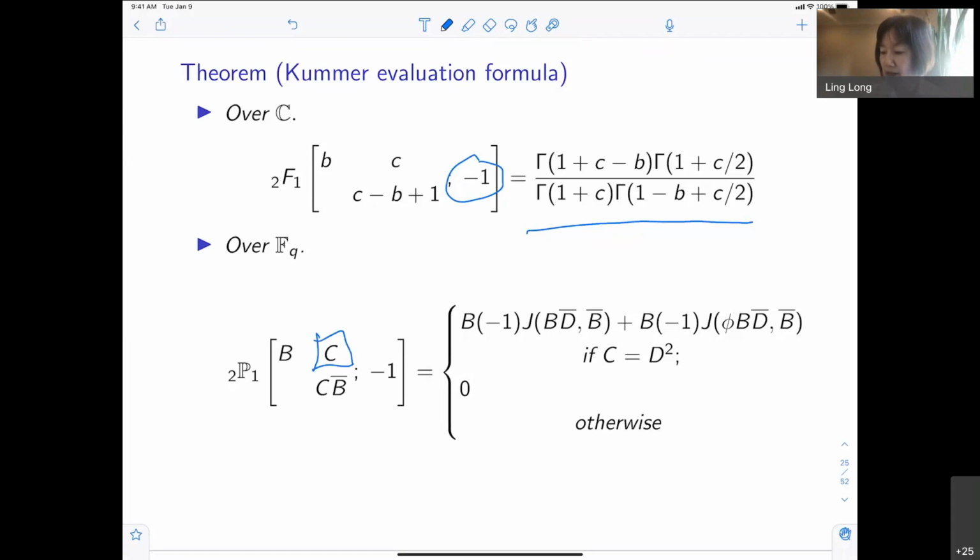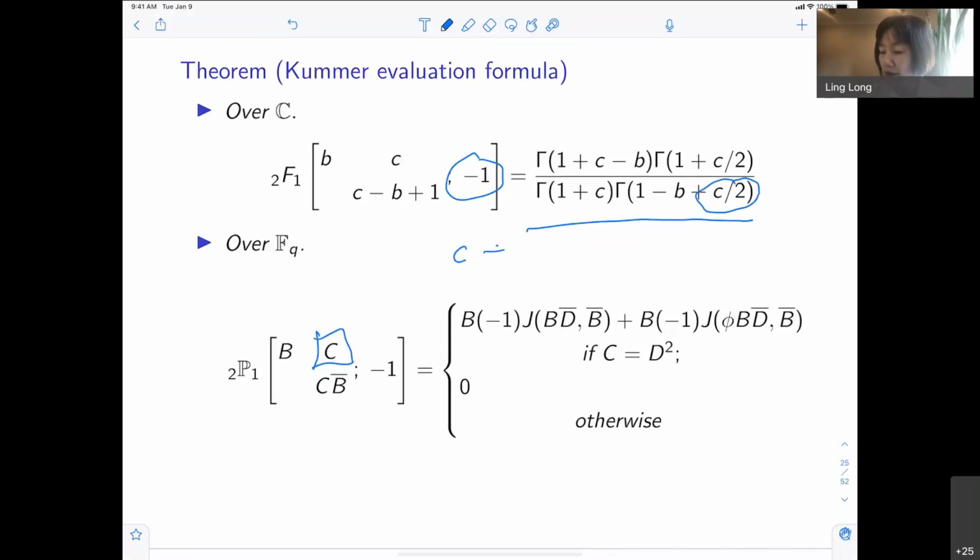And why it matters is in the classical sense, when we write down -1, we are actually getting to C over 2. C over 2, if we think about C corresponding to a character, somehow it will be a funny kind of phenomenon. It says, I'm going to take a square root of a character. Right? If it's still a character,